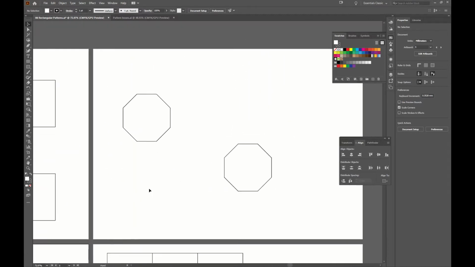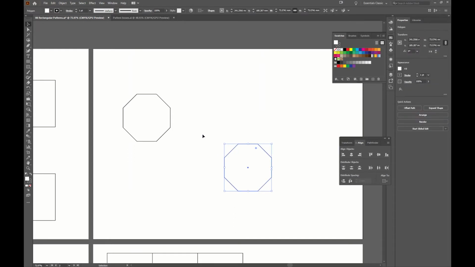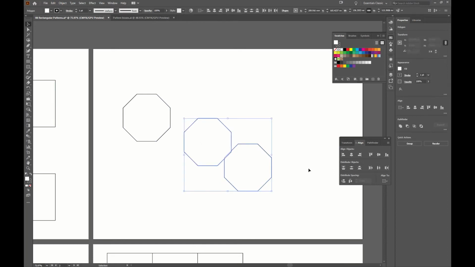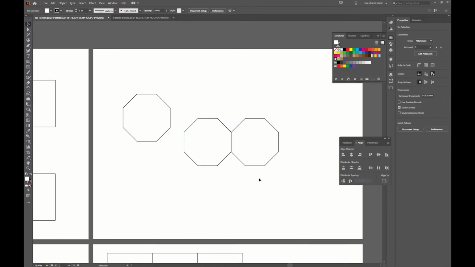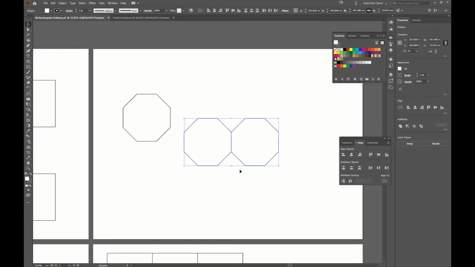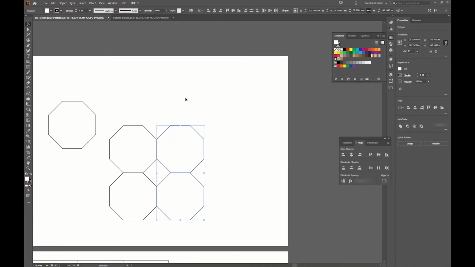You also have octagons, which stack very well together, so you could just copy those together. You can of course use the align tool for making some of these, so if you are thinking about just aligning them up with each other, you can align to the selection or key object and reduce the spacing to 0 and just get them to fill in for you. You could stack these in a number of ways, one being just edge to edge. Another way would be going from octagonal gaps around these,